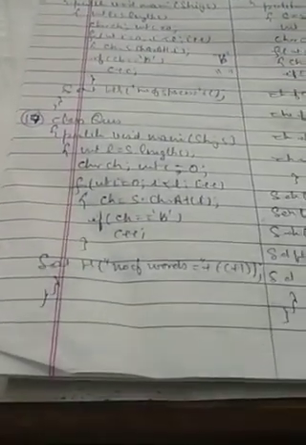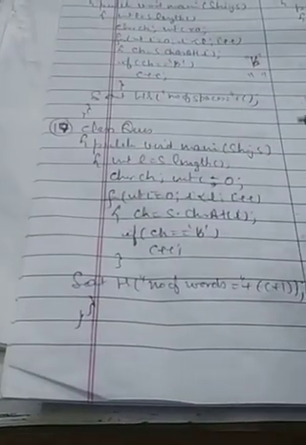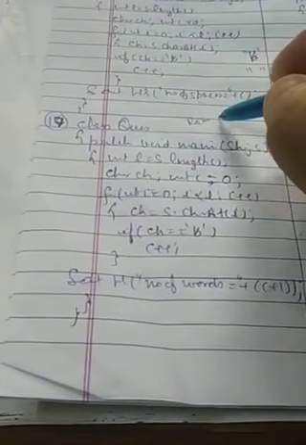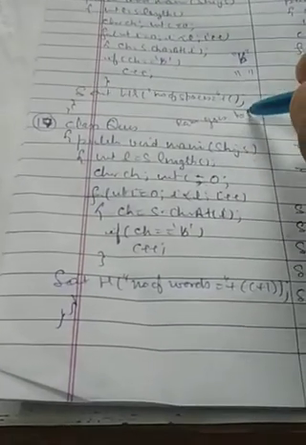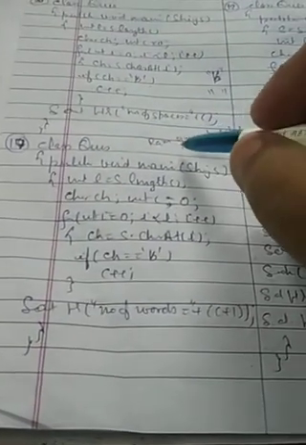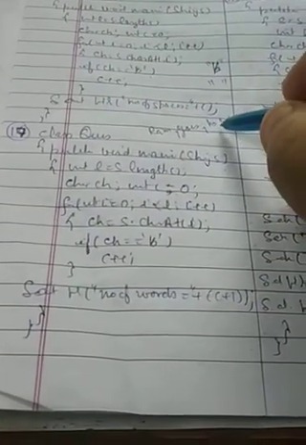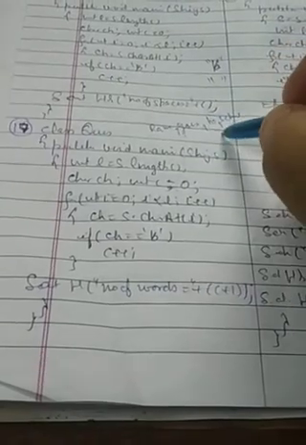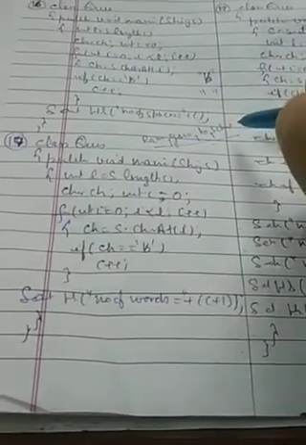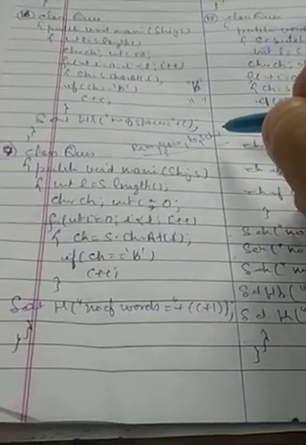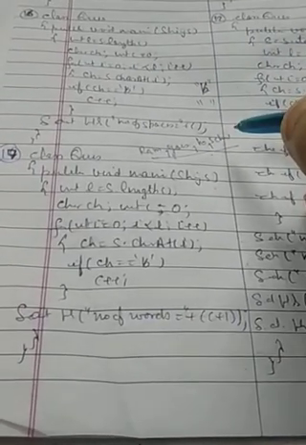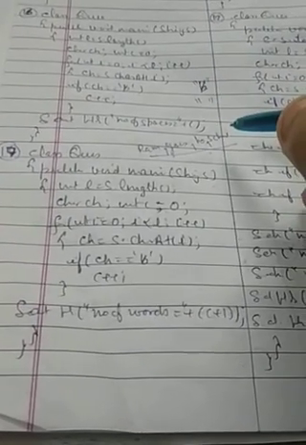Then the next question says: enter a string and find out the number of words present in it. Now, for the number of words, whenever you enter a sentence, say Ram goes to school. If you see, there are spaces in between the words: 1 space, 2 spaces, 3 spaces. So there are 3 spaces, but the number of words is 4. So this is a rule: if you have a sentence with a number of spaces, the number of words is always 1 more than the number of spaces.